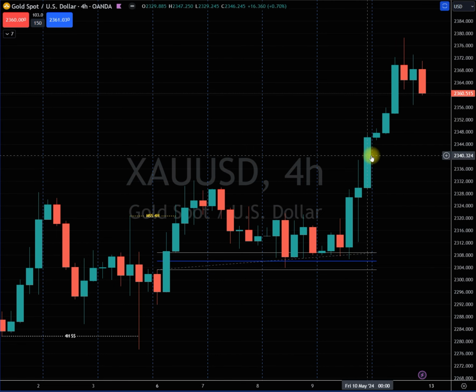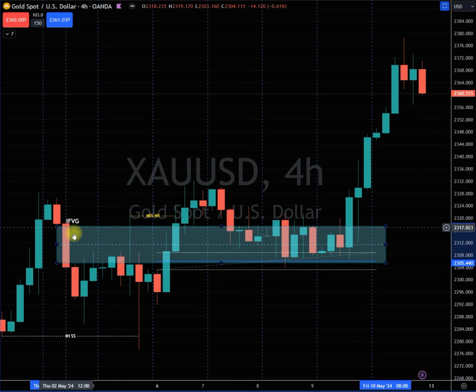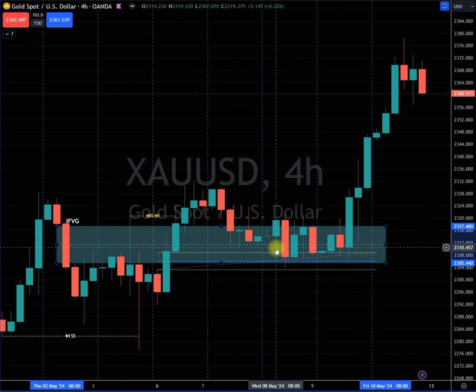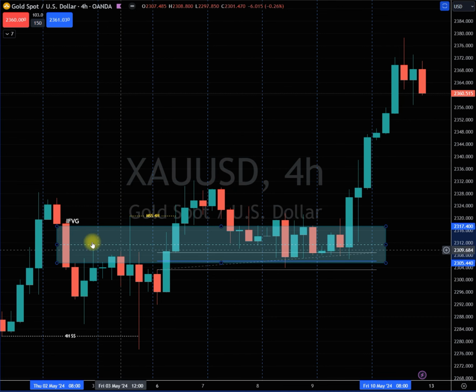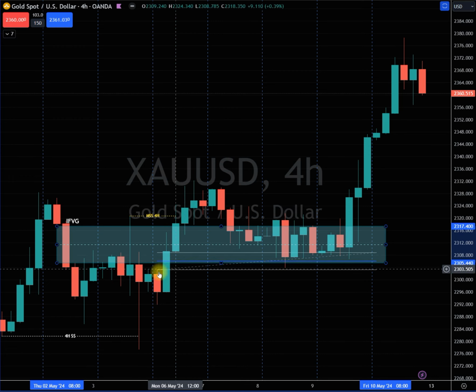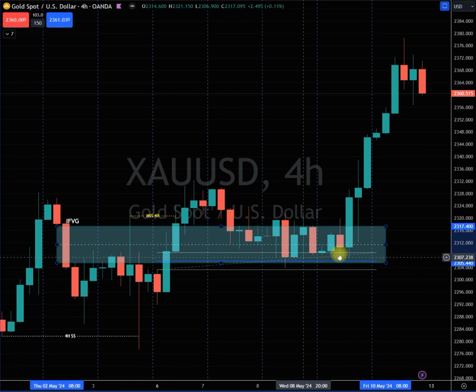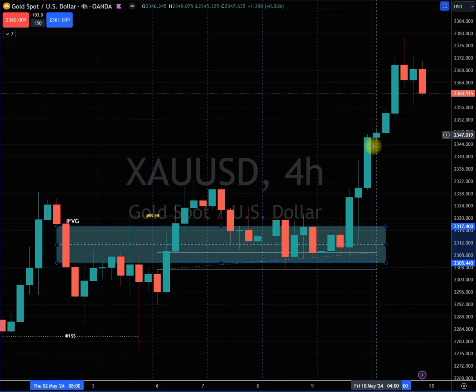expanded to the upside, and also creating this inverted fair value gap, where this bearish fair value gap over here acted as support, and then after it broke to the upside, price went back into this bearish fair value gap turned inverted fair value gap, bullish inverted fair value gap, and also in confluence with this bullish fair value gap on the 4-hour time frame, and then price moved higher, expanded to the upside, creating a